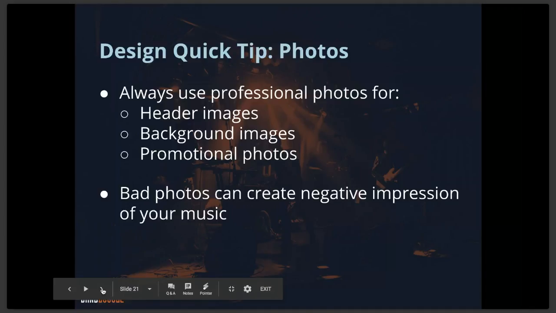In terms of photos, it's very important to have great photos on your website. It's advised that you spend the extra money to hire a professional to take pictures of you or you and your band. That way, when you set up your website, it's going to really stand out and look professional. Bad photos can really create a negative impression of your music. So you don't want to add candid photos or even mobile phone photos. They might look nice on your phone, but once you expand them to be bigger on your website, it may